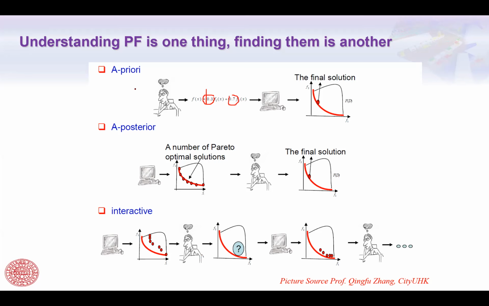So in the upper one, when we go back to the first step, you make the preference already before you run the optimization. And this one is now a posteriori, something you make after the optimization. But then you may waste quite a large amount of computation in order to generate the whole Pareto front, when in the end you're just going to pick one solution. You may say that interactive will be a trade-off of the trade-off, in the sense that